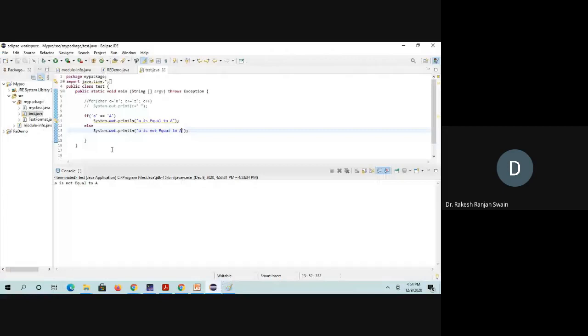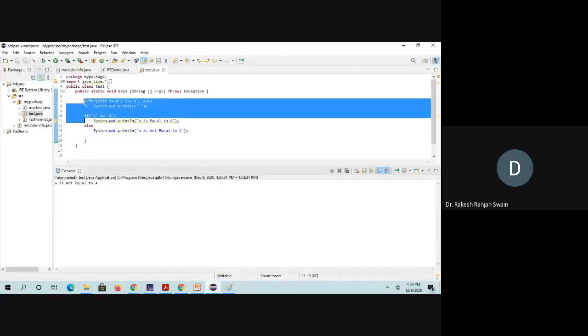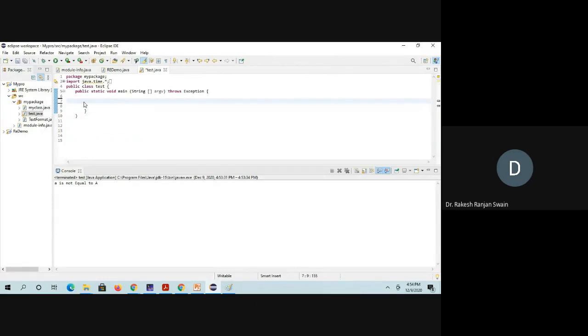Here you can take the string from the user also, otherwise here I am declaring the string. Suppose name is word, and I am passing here, suppose, RAMAS. This is my string.